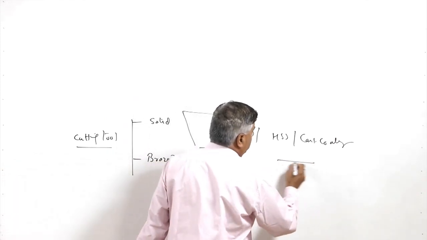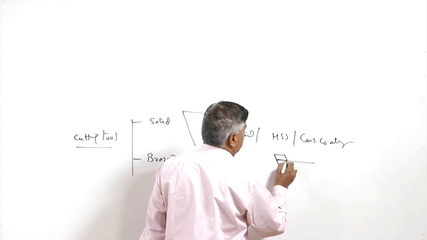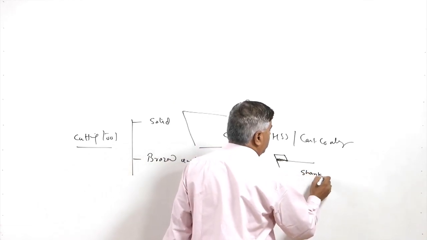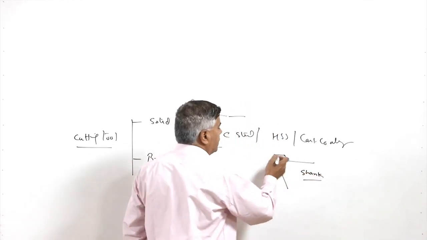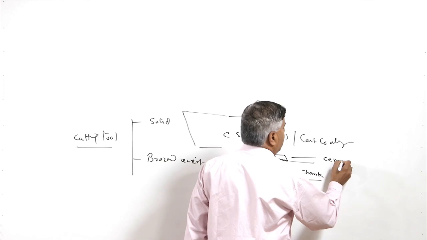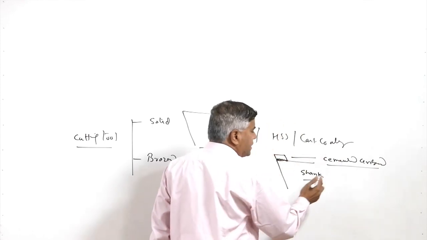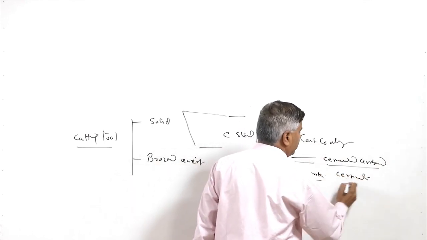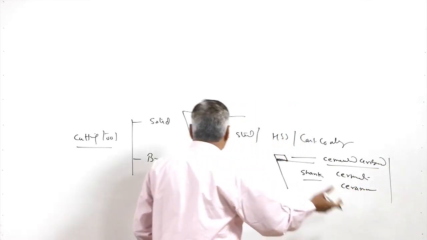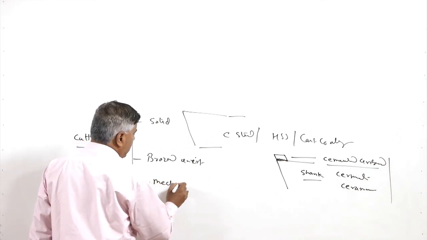tool, wherein an insert is brazed onto the tool shank. So, the insert is brazed like this on the shank. Here the shank does not interact with the workpiece, but the cutting tool insert does. This is normally used for cemented carbide, cermets and ceramics. So, these are the tool materials used for making the brazed inserts as well as the mechanically held